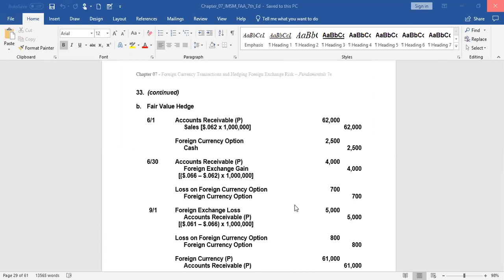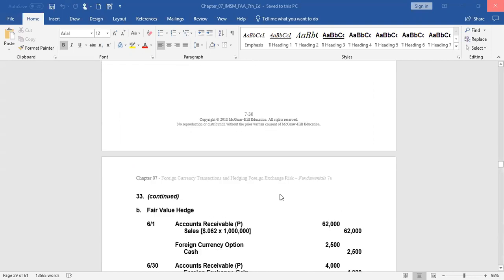Notice we don't eliminate that effect of the gain on net income when we use a fair value hedge. We ignore it. We don't do any journal entries. We let it increase net income. Any